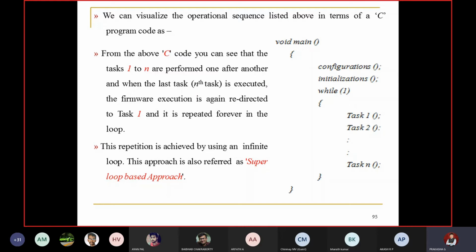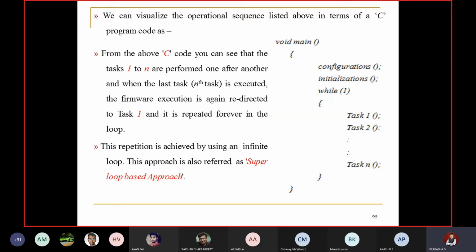See, the main function is there, and inside that one while loop is there. Inside that, task 1, task 2, task 3, up to task n, then once again it goes back to the while loop. And once the while loop is completed, it comes back to main. Similarly, a super loop model works like this.